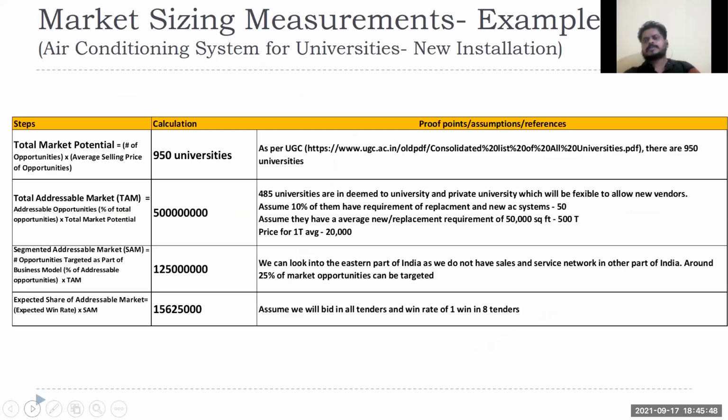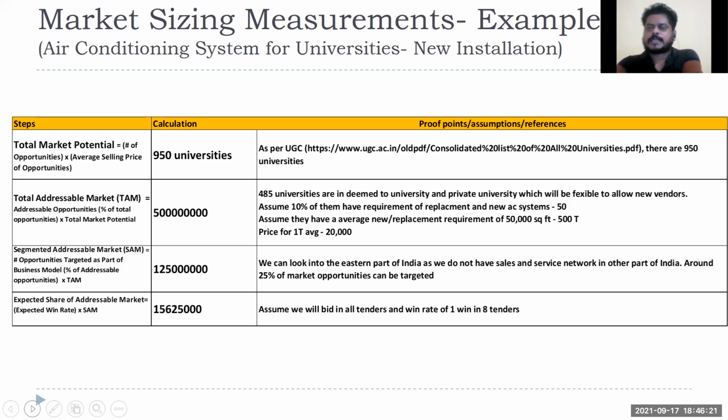So let us try to understand through certain examples. In my previous company, we used to do this calculation for air conditioning. We used to build air conditioners for big installations, right? So let's say I am from that company and I'm trying to sell air conditioning units to different educational institutes. I'll target universities, because under universities there will be different schools. It will be easier for me to send my sales force rather than going to individual colleges, right?